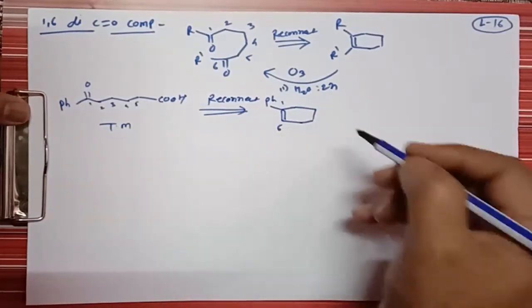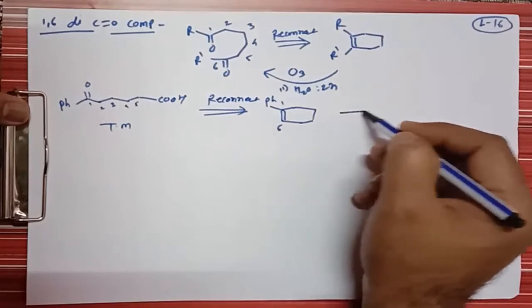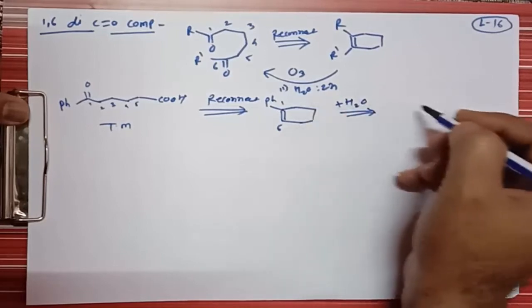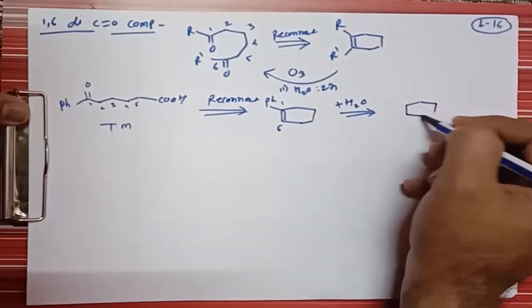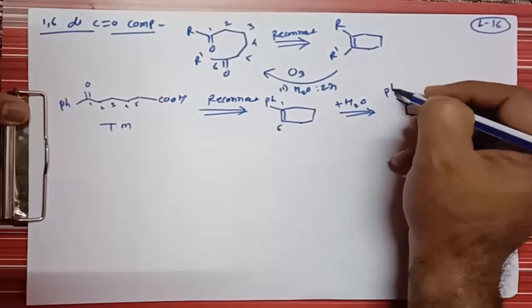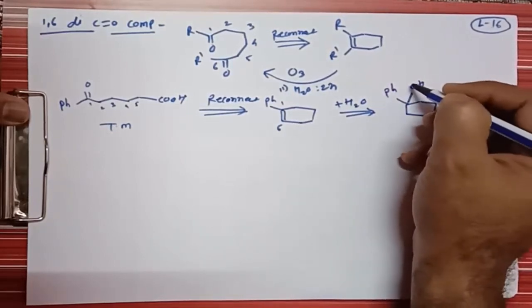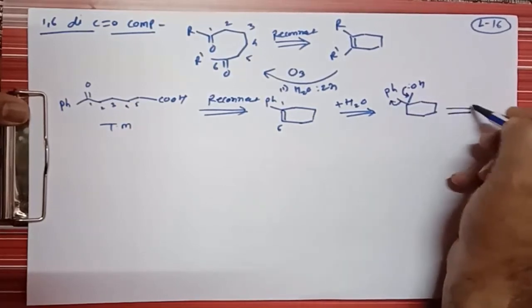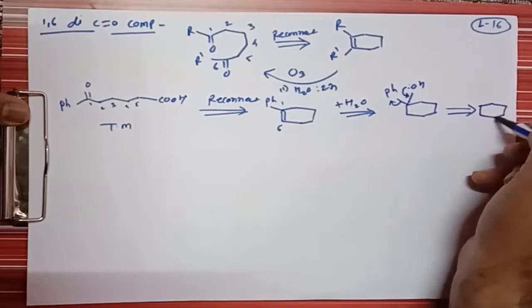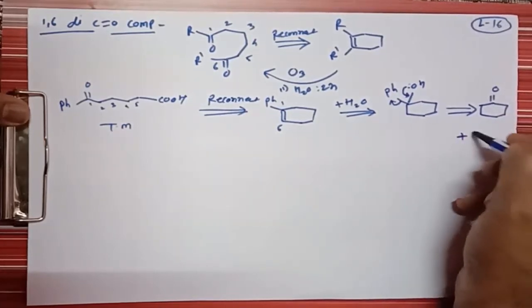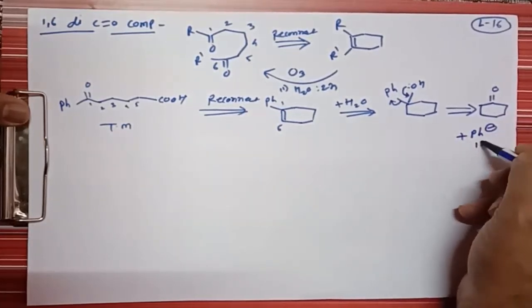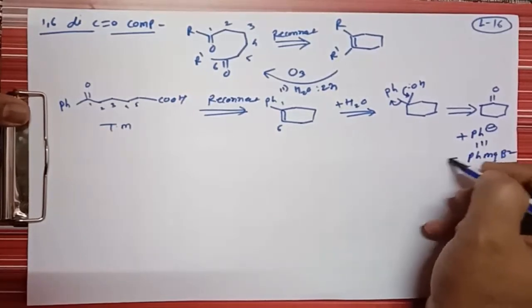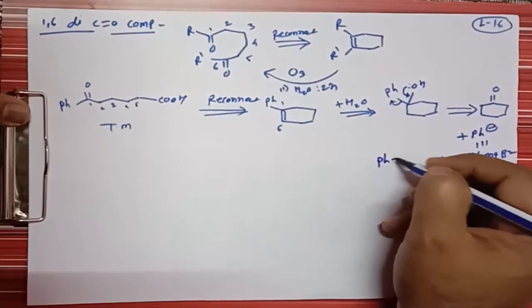And then suppose we want to prepare this molecule. We can prepare it by addition of a water molecule at the one position, and then it gives a compound that is Ph, and here is OH, right? After that we can break this molecule in this way. So it gives cyclohexanone, along with Ph minus, and its synthetic equivalent is phenyl magnesium bromide, which can be prepared from phenyl bromide, right?